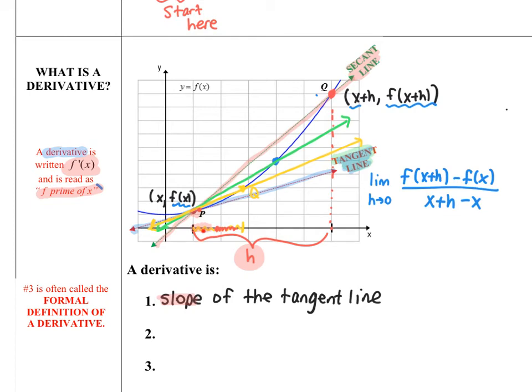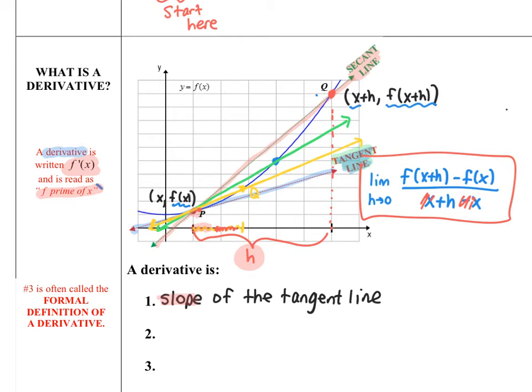So Q is getting as close as possible to P without actually getting there, because once it hit 0, Q would be on top of P, and that's not allowed. And then here's Q's y-coordinate minus P's y-coordinate over, and then these are their x-coordinates. And I have a little simplification in the denominator. Those x's zero out, and what you're looking at here is what we're going to call the formal definition of